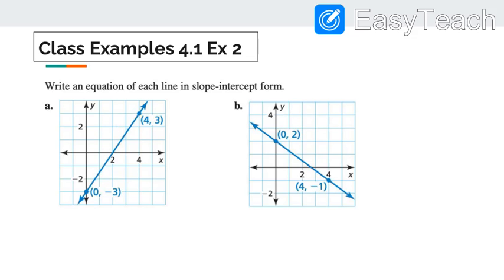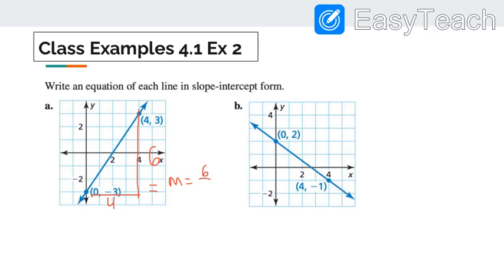Alright, so now we're going to start from a graphed version and go to the slope-intercept form. Remember, you'll always want to start with your y-intercept, and then you'll want to figure out how many over and how many up. So first thing I would do if I was you guys is I would make your slope triangles and figure out, okay, this one has a run of 4 and a rise of 1, 2, 3, 4, 5, 6. Because it's going from -3 to 3, that's a change of 6, and it's going from 0 to 4, that's a 4. So that means this one here is a slope